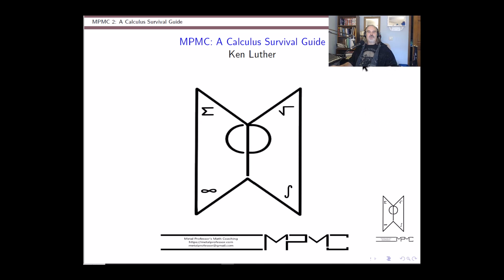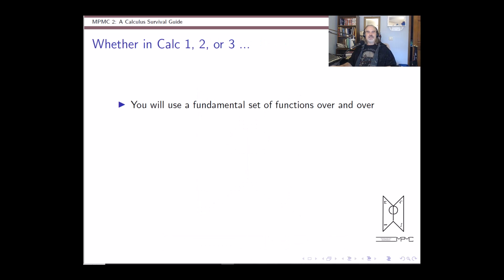Today, I'm just going to introduce, I guess, what I would call a survival guide. Some brief foods for thought to help you focus on your problem solving. Mostly in the calculus realm. Whether it's 1, 2, or 3, it doesn't really matter because those topics all swirl around some of the same things that I will dabble into here. This is not an exhaustive overview of any one particular topic, but just dipping our toes in the water in a few different places as reminders of things that you should keep in mind,